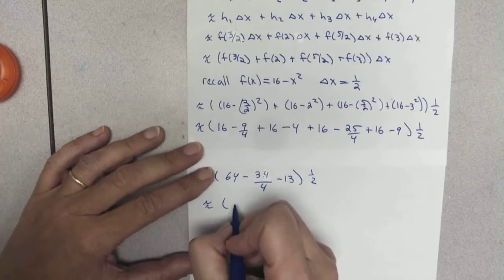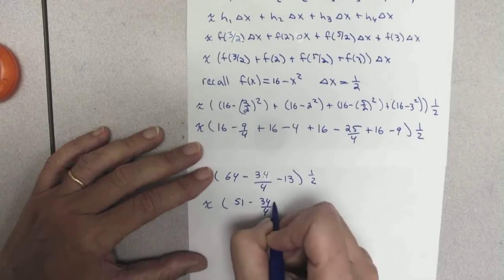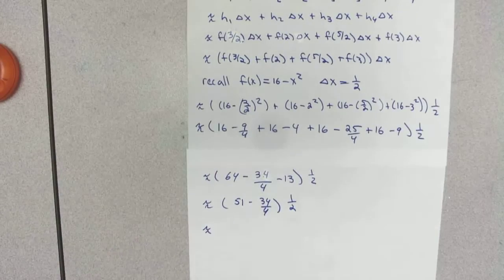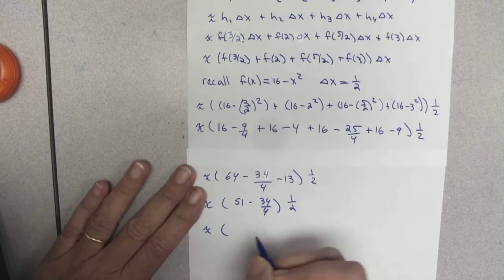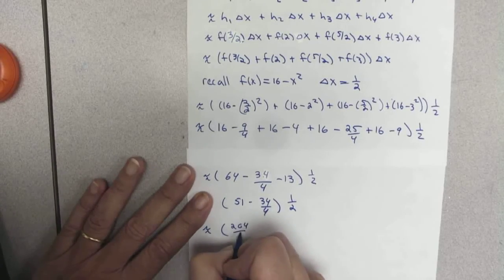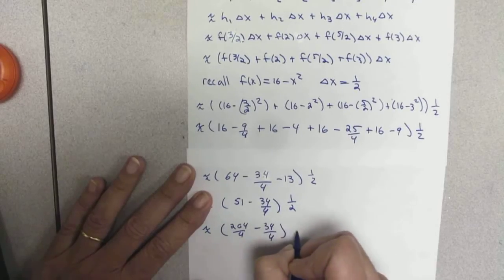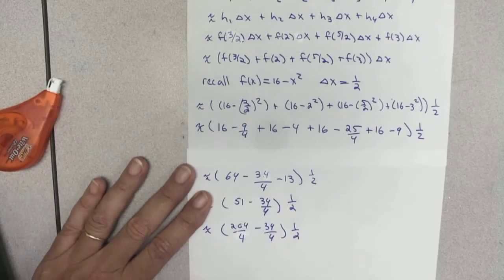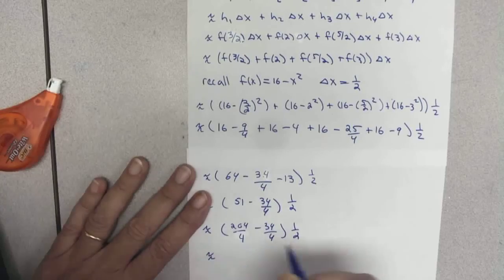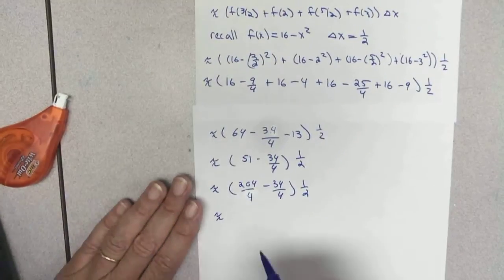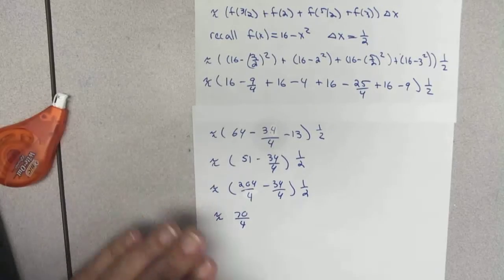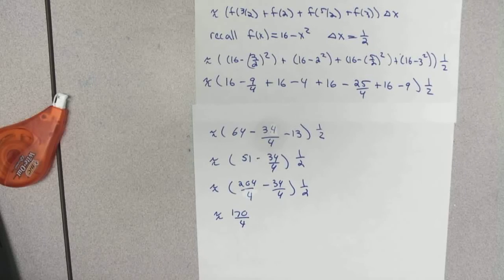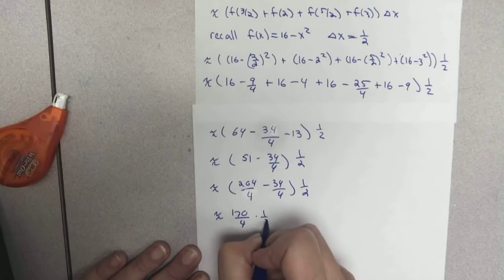64 minus 13 would be 51 minus 34/4, getting a common denominator, 204/4 minus 34/4, times 1/2. Getting a common denominator there. Yeah, I'm pretty good with that. And that would be 70/4? No, that would not be 70. How about 170/4 times 1/2,